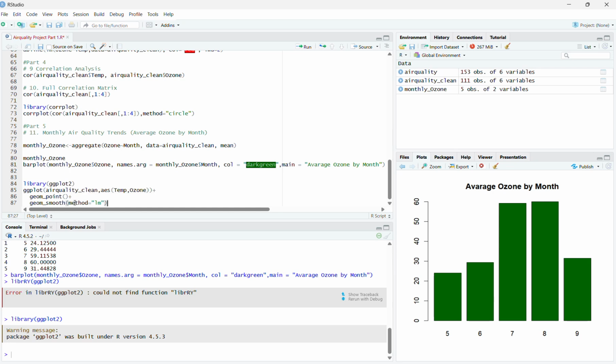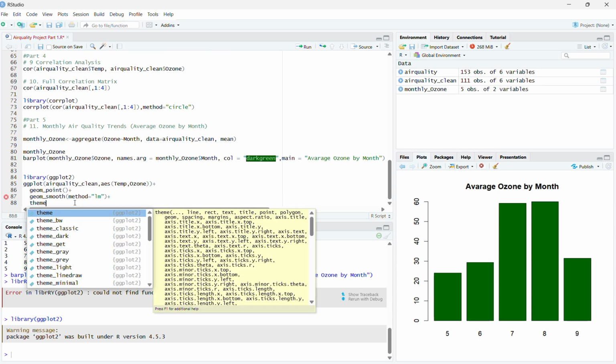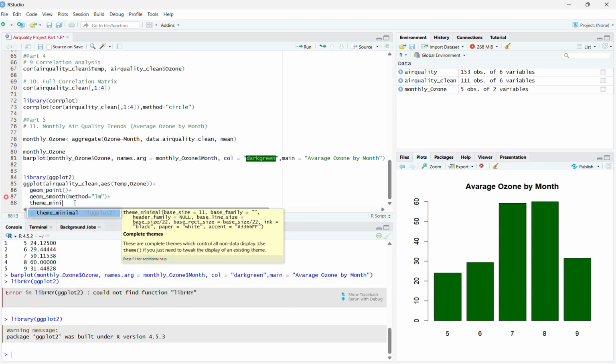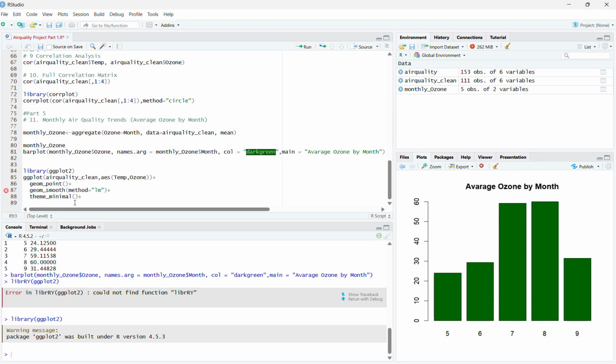So we are loading the linear model just to combine what we had done in the previous parts. And theme minimal, theme, say minimal. Okay, and now from there we can go to the labels. You can have a title for this particular plot, temperature